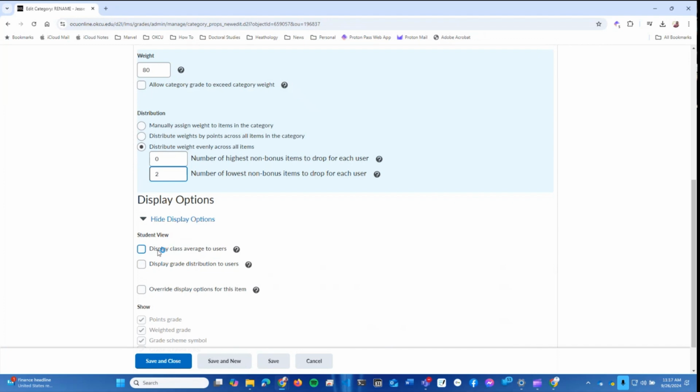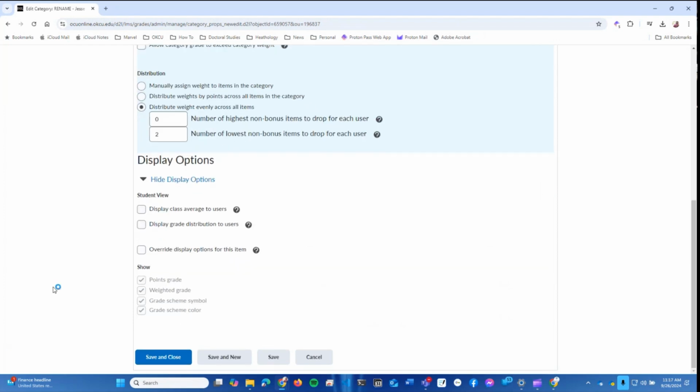Then you can adjust some display options for what the students see. Do you want your students to see the class average for the entire course? Do you want them to see a chart showing how grades are distributed across the course? And then finally, if you want to show individual points within the gradebook, weighted